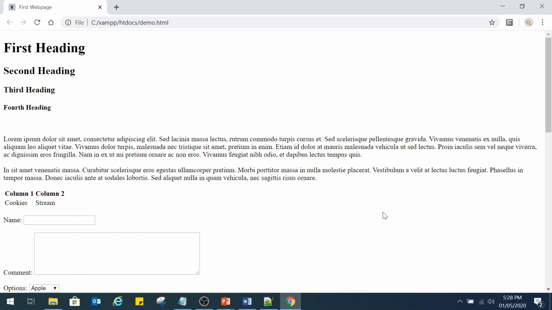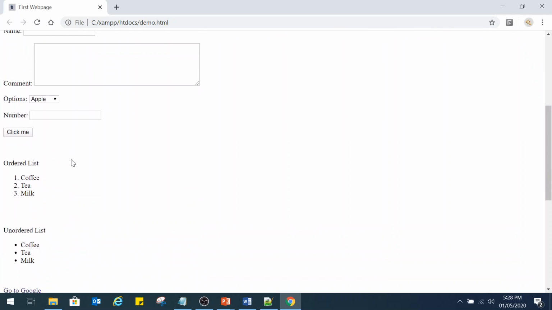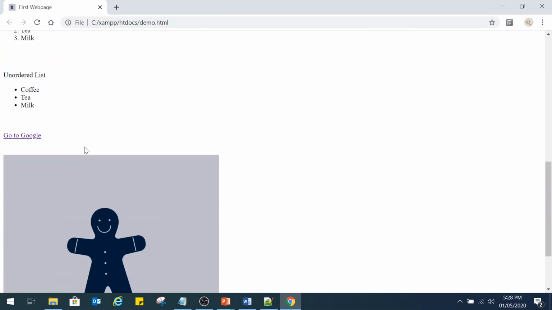In this lesson, we'll be applying the theory from the HTML basics video to build our very first web page. I already have the demo open to show you what our web page will look like in the end. This web page will consist of the following: some headings, paragraphs, a table, a form, a button, some lists, a